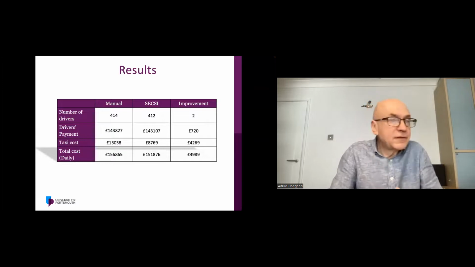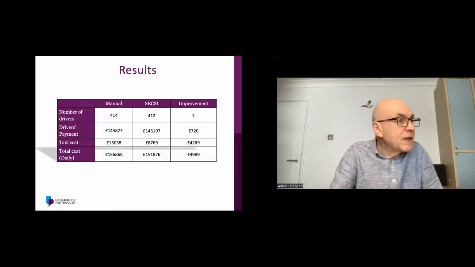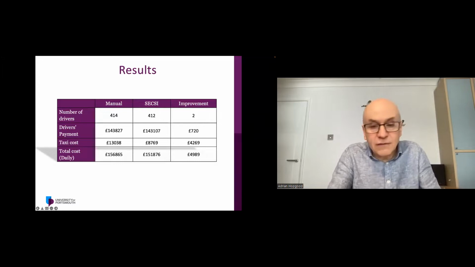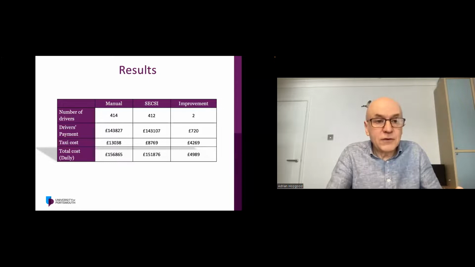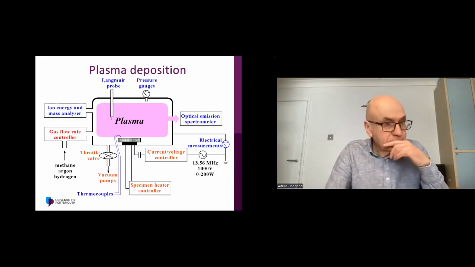allocation task. And if you compare our results with this system to the manual experts, now the people doing it manually are pretty good, but nonetheless, we managed to find improvements, saving a cost of about £5,000 a day on the cost of the schedule, reducing the actual number of drivers required and their payments and the taxi costs. So that's a significant efficiency. And that's before you take into account the efficiency saved by not using human labor to generate the schedule in the first place. Just want to finish off with one final example,